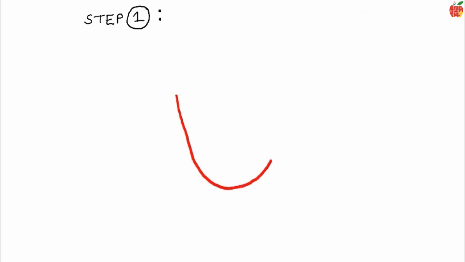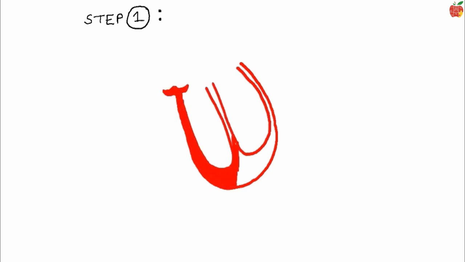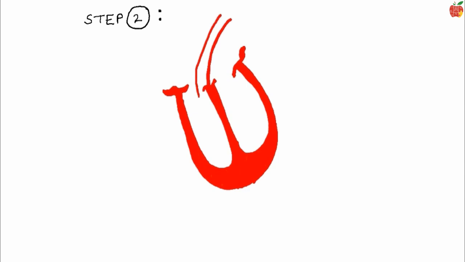Draw a big U, and inside this big U, draw 2 thin hearts. Don't join the lines of the heart. Instead, from the lines, make these elastic bands like this. Leave space in one of the sides of each heart and in the middle as well, like it is being done here.